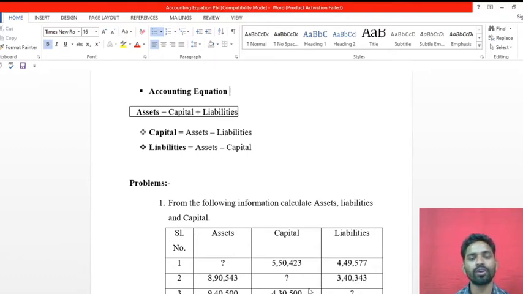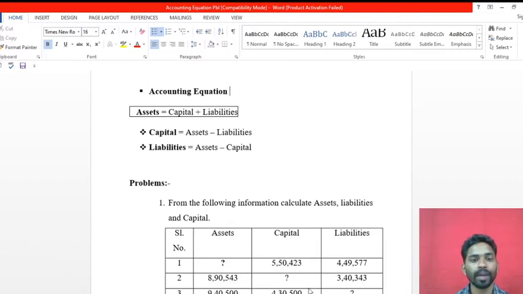I hope all of you understand that. There are two types of users: internal users and external users. Internal users means those within a company or within a business, for example the management, owners, employees,